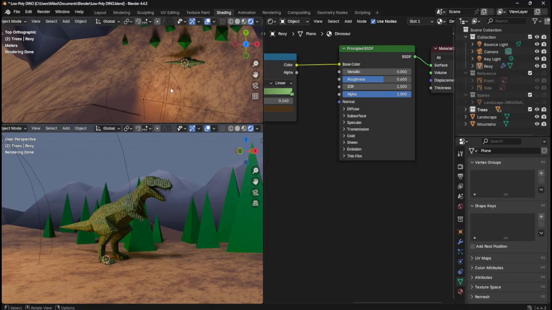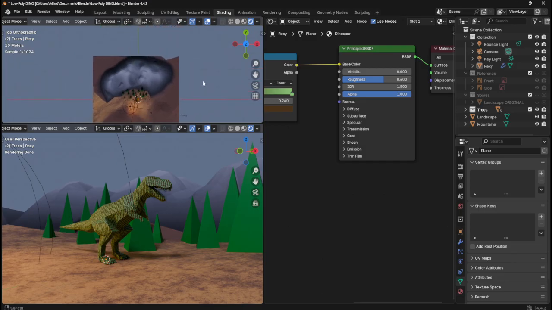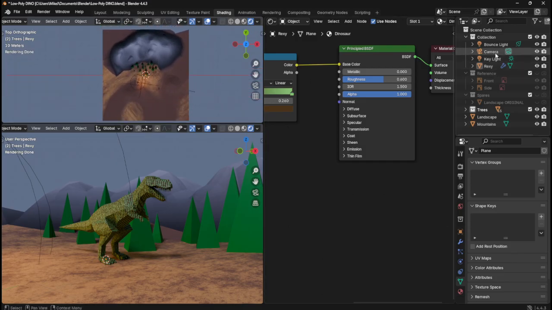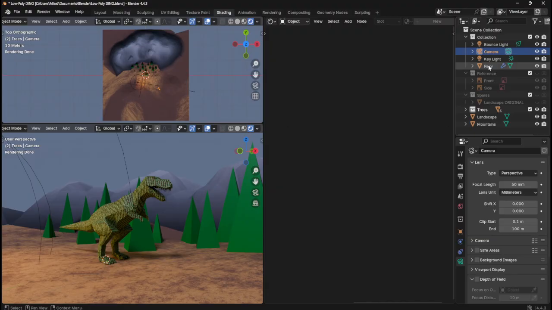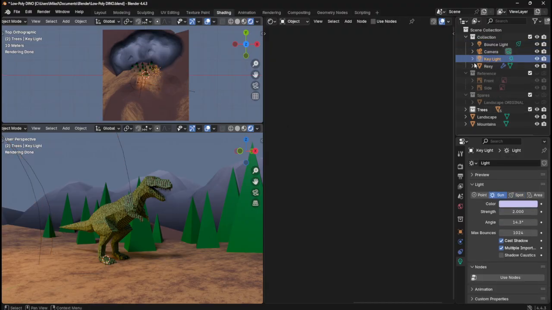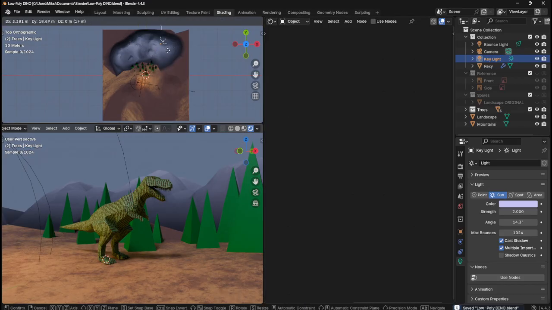Okay, right, and then if I've got another camera, haven't I? So I think the camera, this one, no. Bounce light, key light, okay. So if I move that key light up here,